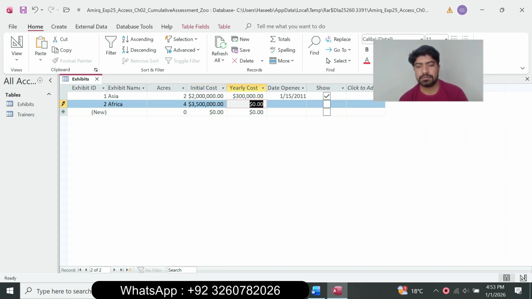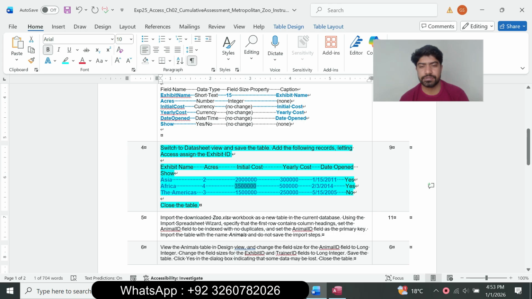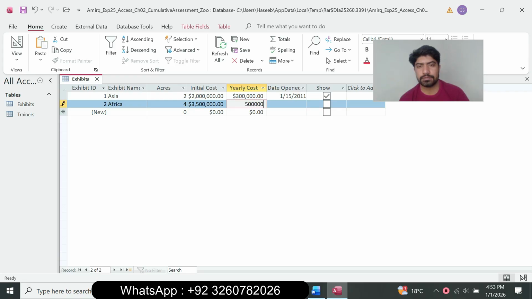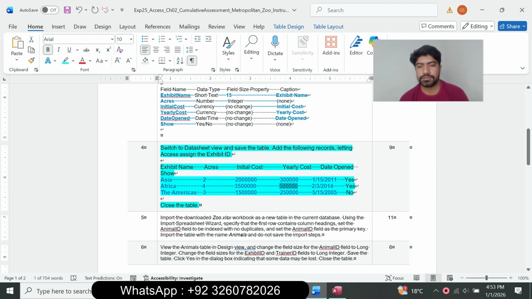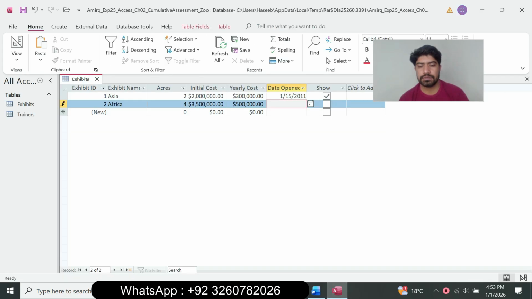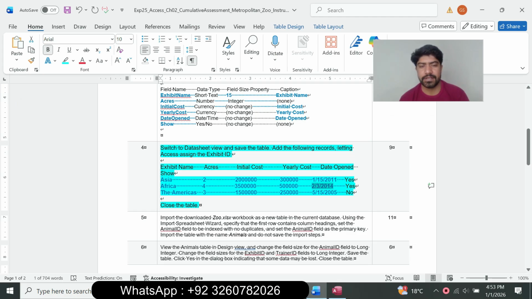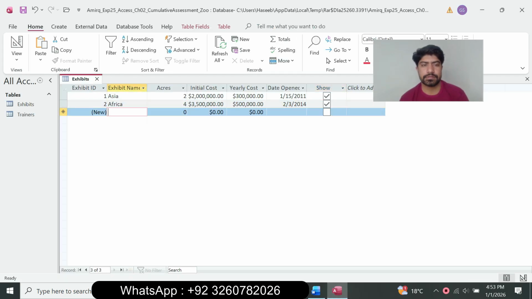Press tab button, and next is yearly cost, and press tab button, and next is date open. So copy the date and paste the date and click yes. And next is the American. Press tab button,